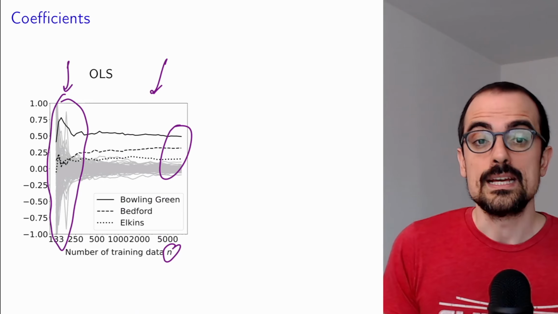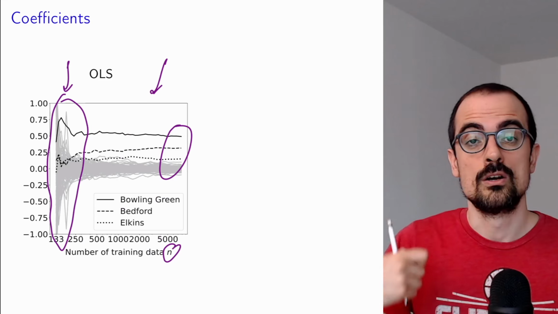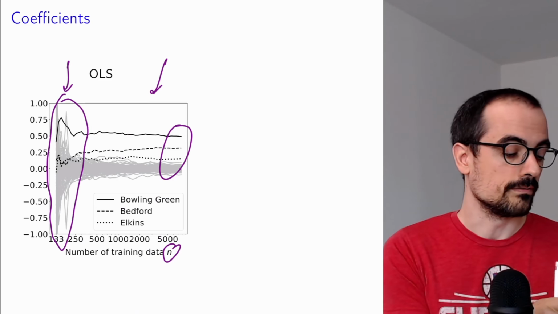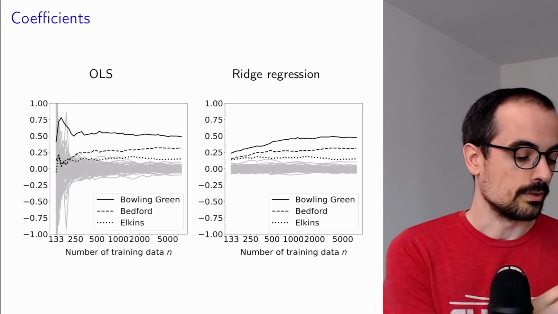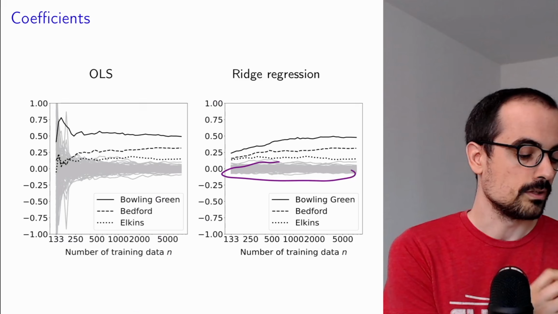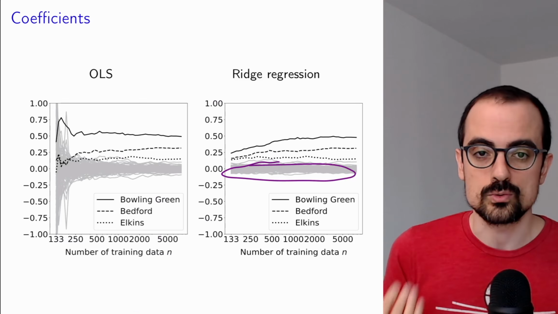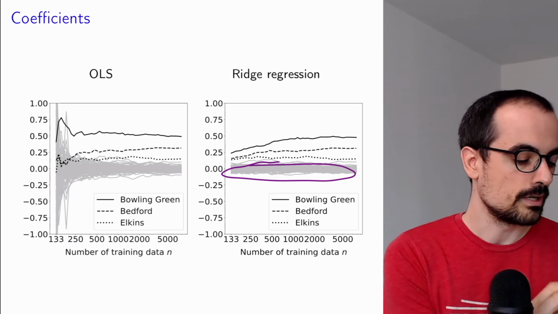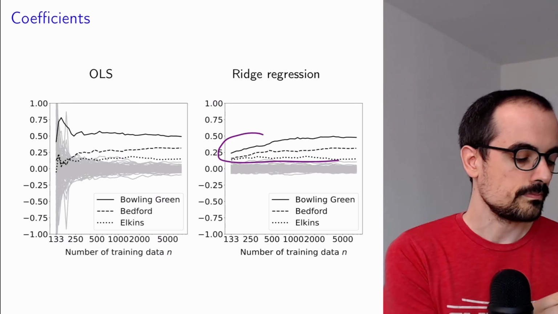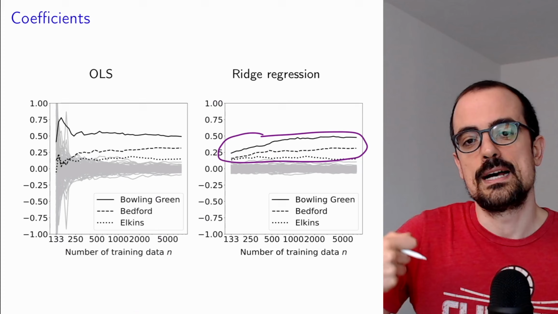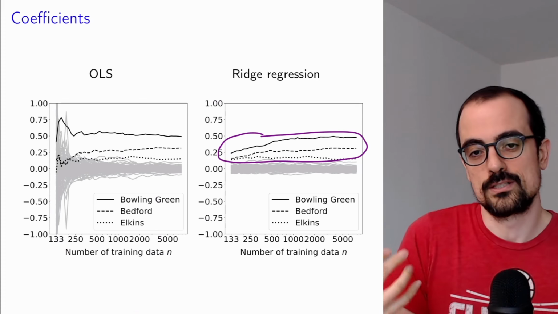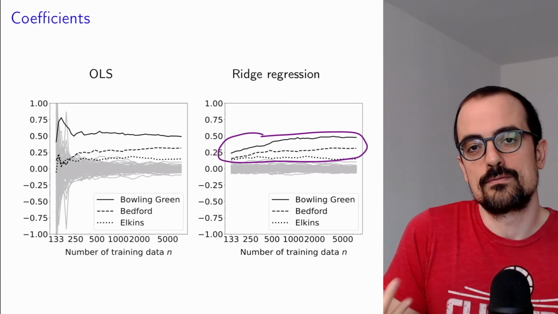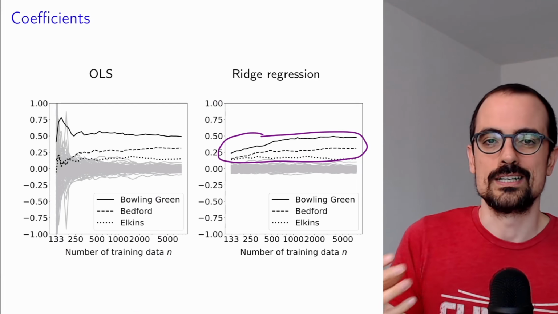If we use validation to choose the best regularization parameter for each value of the training data, these are the coefficients that we observe. So the non-geographically meaningful coefficients stay small thanks to the regularization parameter, and we're able to essentially find a model that uses the geographically meaningful coefficients mostly, and therefore we can expect it to generalize better